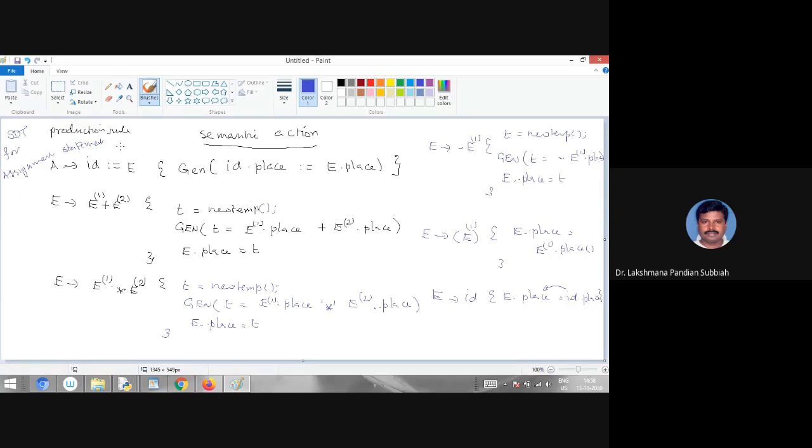Here for each production rule, you have to write a semantic action, what action we have to take. For this case, what action we have to take, and for this case, what action we have to take, like you have to write, right? So now this is the syntax directed translation scheme. Using it, we can go for generating the 3 address code. So this is one 3 address code.